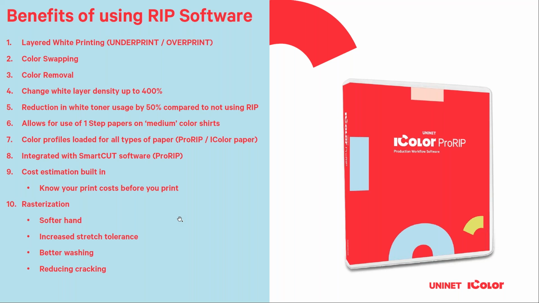So every month, if you already own an iColor printer, go in and update your print modes, because we may have snuck something in there. You're not alerted to it. So I always say first of the month, update your print modes and see. You probably won't see anything noticeable, but there's always tweaks in the background. The RIP is also integrated with SmartCut, and I'll get into that in the next slide.